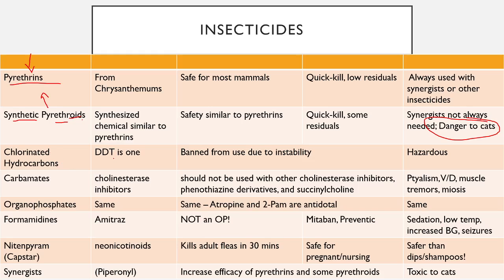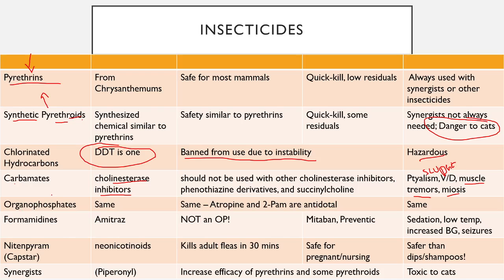Chlorinated hydrocarbons, this is DDT. This is banned from use because it's unstable. It is hazardous. Carbamates, cholinesterase inhibitors. These should not be used with other cholinesterase inhibitors, phenothiazine derivatives, or succinylcholine. They are going to cause our SLUDGE side effects that we see with the parasympathetic nervous system. So salivation, lacrimation, vomiting, diarrhea, gastrointestinal, and in addition, we'll see muscle tremors and miosis, or a constriction of the